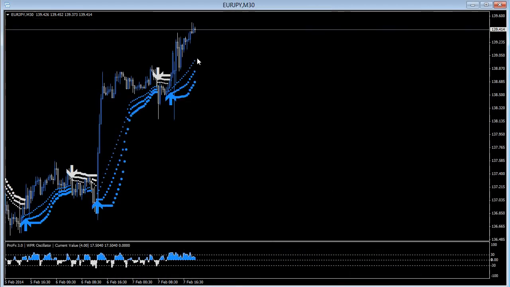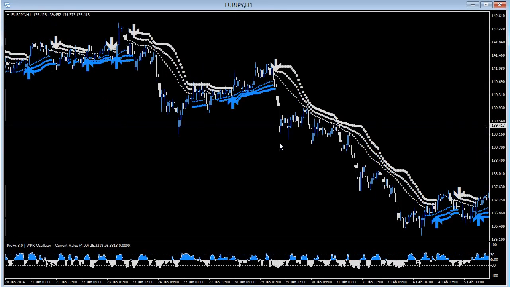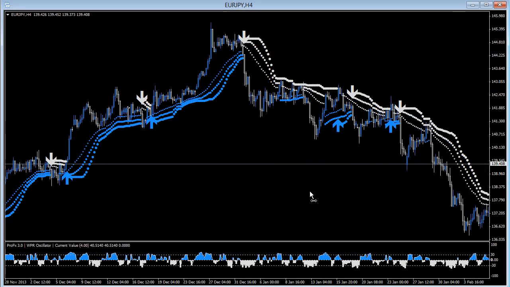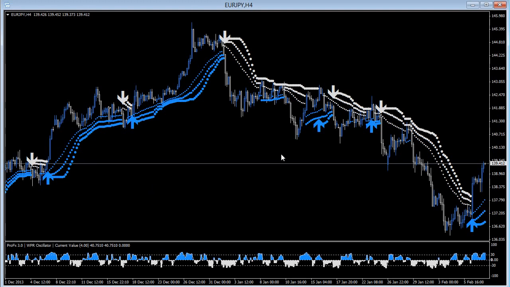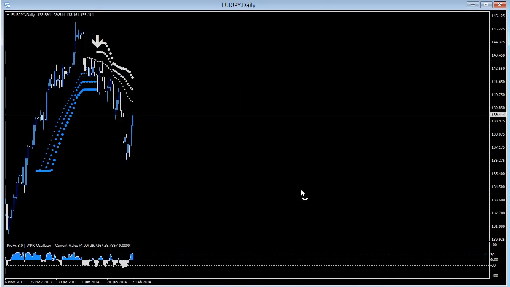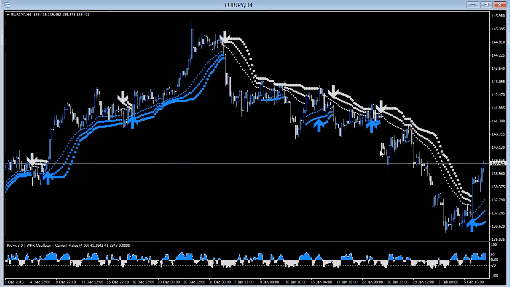But let's go ahead and take a look at the swing system. The swing system is designed for higher time frames, higher than 1 hour, but from what I've seen, the 4-hour itself is actually a pretty good system. So to take 4-hour trades, if you want to go with the trend, you would just go up to the higher time frame, the daily or the weekly, and get your trend there. So you can see that recently it's been in a downtrend. We go back down to the 4-hour, and you can see that